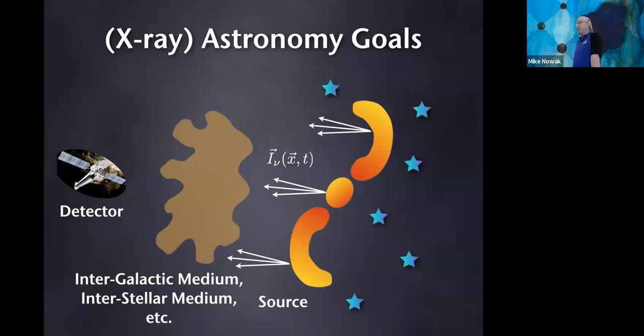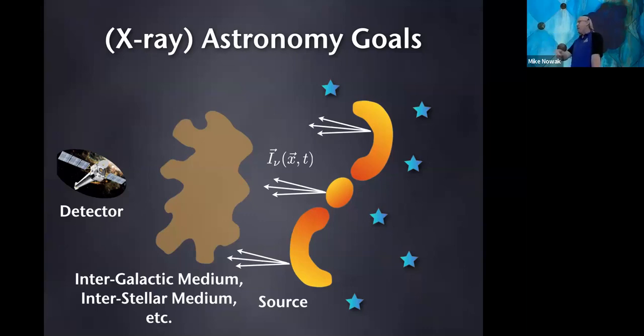And we try to keep the math pretty simple throughout this talk. So don't get too worried about seeing the intensity there. All the intensity is, think of it as a beam of light being directed towards us and coming towards us. And what we want to do is to characterize this intensity. This intensity is coming from some astrophysical source towards us. It is passing through material on the way to us.